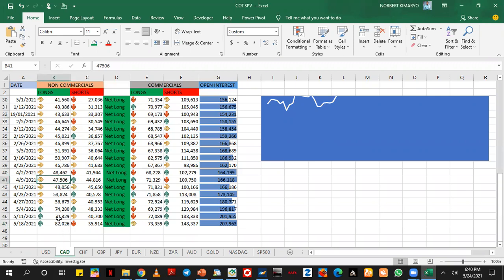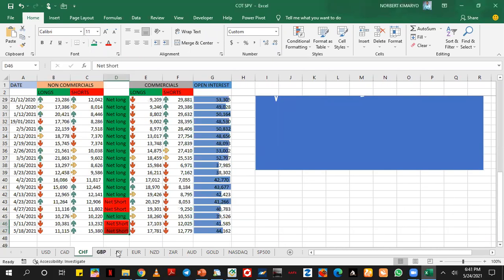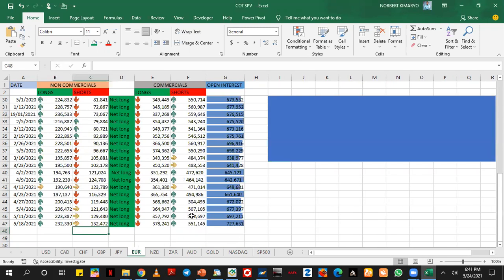So we look at the net position balance for the large speculators or the non-commercials. So the difference between the longs and shorts gives us the net position balance. So here we have like 82,000 contracts versus 35K contracts. So the difference gives us net long. So basically Canadian dollar right now is net long. So we have the Swiss franc, pounds, JPY, euros. So basically every week we would feed in data